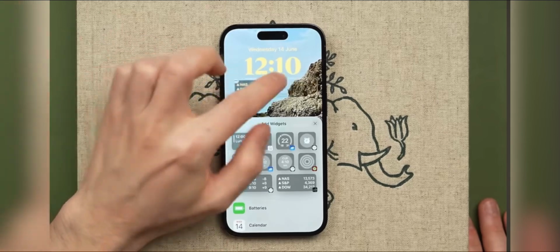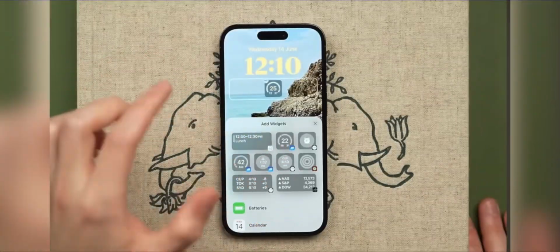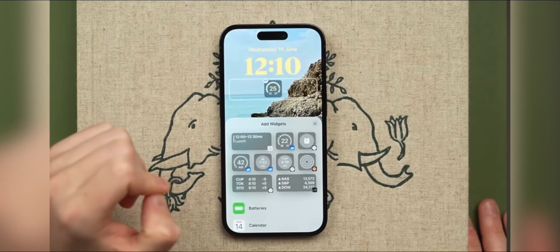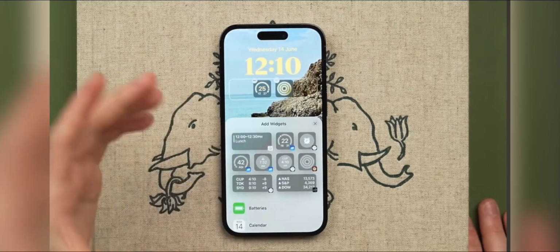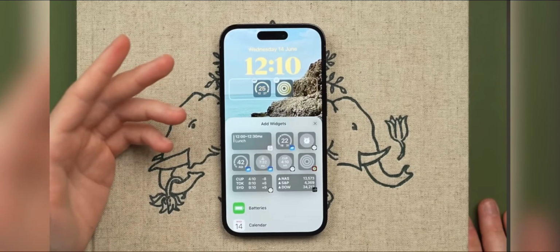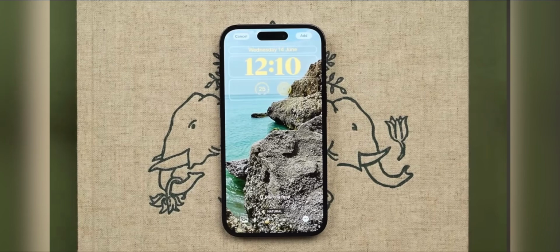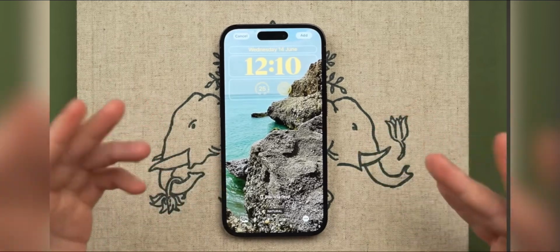So let's go ahead and remove these two here. Personally, I like to have the weather, especially when you live in London. This is very essential to know whether you need an umbrella before leaving home. And I also like to have activity to see how much of my workouts I've done for the day. As you can see, I only select two. You can have up to four, but my advice with widgets is less